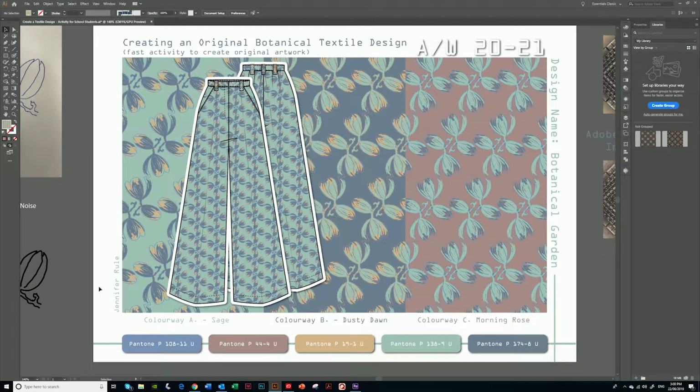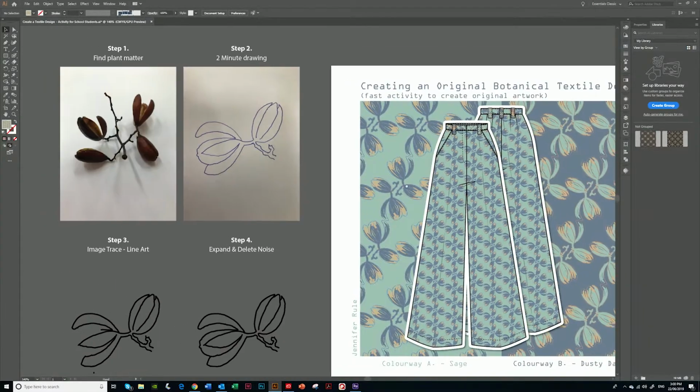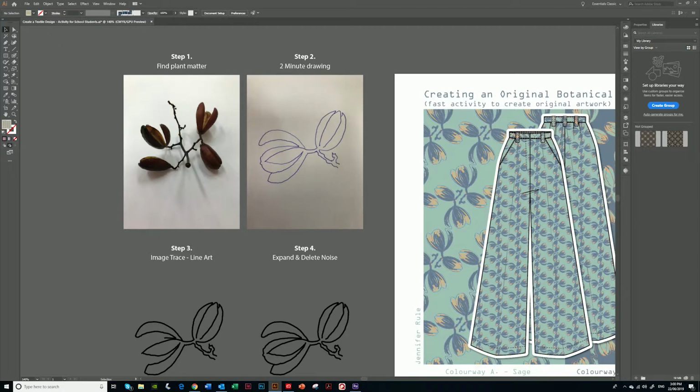Hello, welcome to creating an organic botanic today in the fashion lab. Today we're going to be trying to create a simple botanic textile design activity which can be replicated in the classroom. The first step is to send your students out into the garden, or this could be you, and find